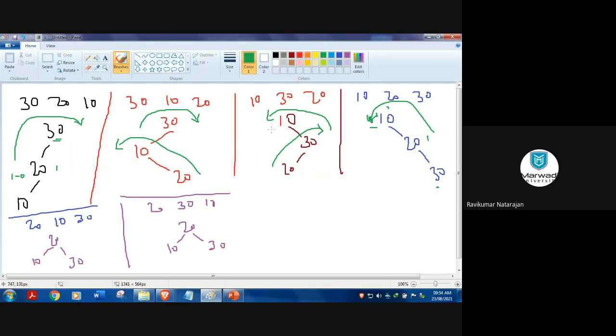Then again, I need to apply this kind of rotation. Then I need to pull 10 towards down. Then 30 will go to the root. Sorry, 20 will go to the root. Then you'll be getting the same thing. Yes. Fine.